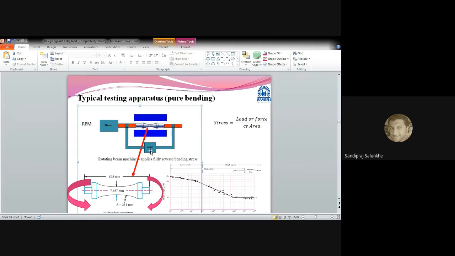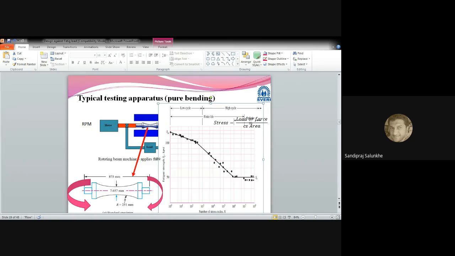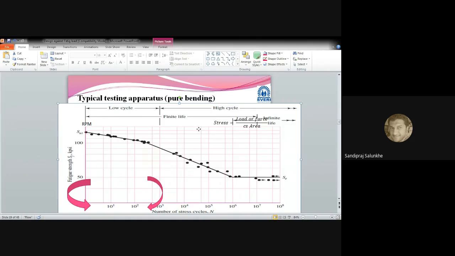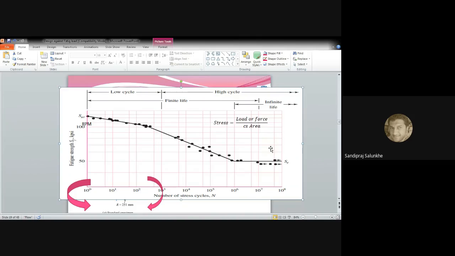मग हा लोड मी कमी करणार, म्हणजे मला इथे स्ट्रेसची व्हॅल्यू पाहिजे आता 250च्या ऐवजी 240. लोडची व्हॅल्यू कॅल्क्युलेट करणार, तेवढा लोड इथे अप्लाय करणार, परत नंबर ऑफ सायकल्स मोजणार. समजा तो तिसऱ्या सायकलला फेल गेला. तसं सगळं एक्सपेरिमेंट करून वी आर गोइंग टू ड्रॉ वन ग्राफ अँड दिस इज कॉल्ड एज SN कर्व. आता हा SN कर्व काय आहे,